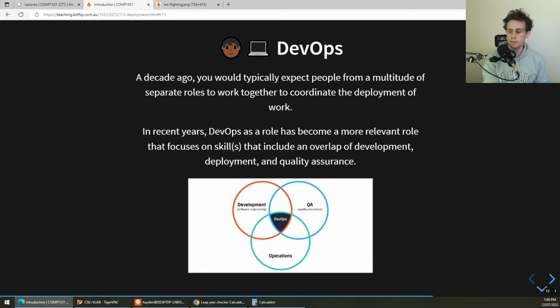DevOps as a topic. This is thrown in here because DevOps has become more relevant as we've had a massive change in how we make software available for use. A decade ago, you just had people developing software and testing software, and then, a few decades ago, they'd develop and test, and then they'd just dump it on a CD and put it out to the stores. But with the increase in the relevance of deployment because of the frequency in which software is